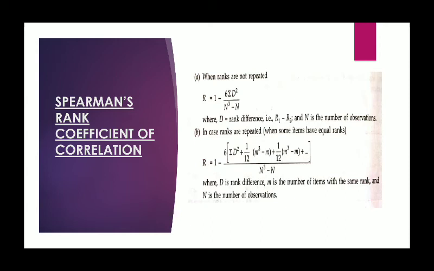Before going to the answer, I would like to tell you some theory about it. How to do. Now, under this method, various items of the series are expressed in order of their priorities or preference. For example, in a beauty contest, the judges may prepare the list of participants in order of their beauty. Now, such an ordered arrangement is called ranking, and the ordinal number indicating the position of a given item in the rank is called a rank.